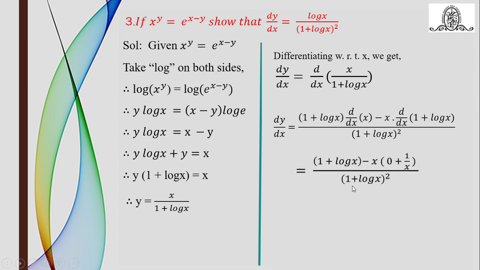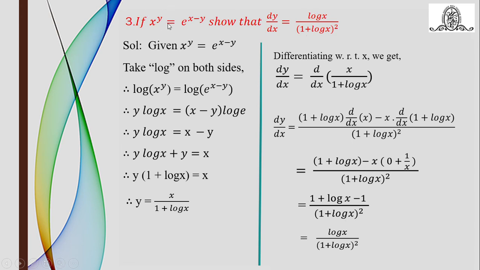So what are those derivatives? Let's see. 1 plus log x, we have taken it as a constant, so 1 plus log x as it is. dy dx of x is 1, minus x as it is, and the derivative of 1 plus log x here: 1 is a single constant, its derivative becomes 0, plus the log x derivative is 1 upon x. And hence it is further equal to 1 plus log x minus, this x gets cancelled, it is minus 1. So the simplification of this second term is minus 1. Again this minus 1 plus 1 get cancelled, and therefore dy by dx is simply equal to log x upon 1 plus log x bracket square, which is your required answer.